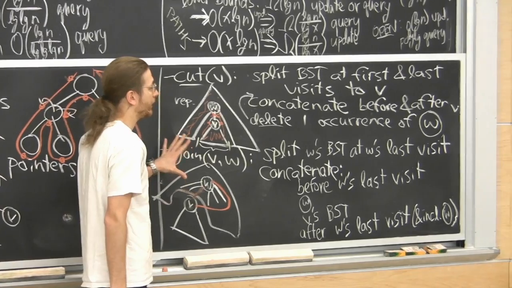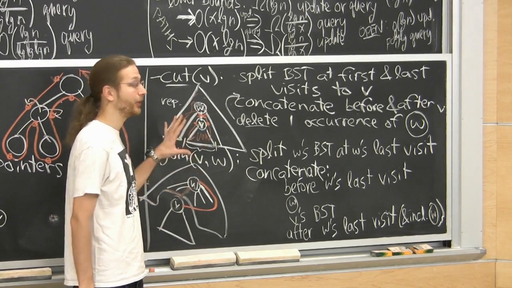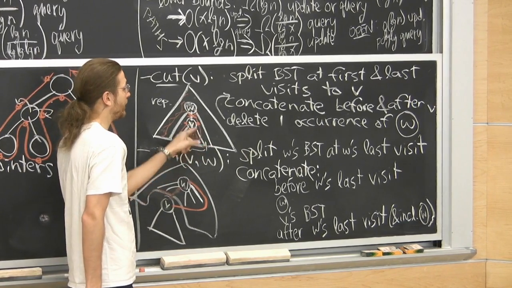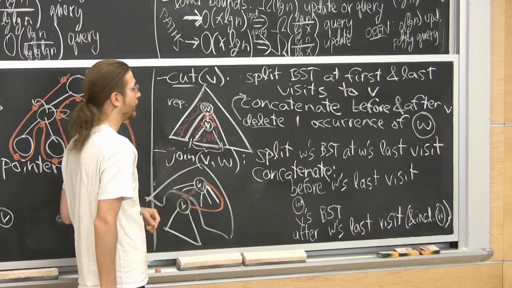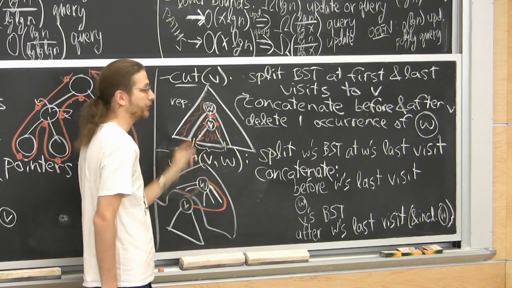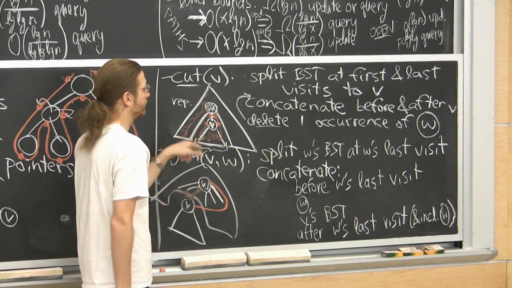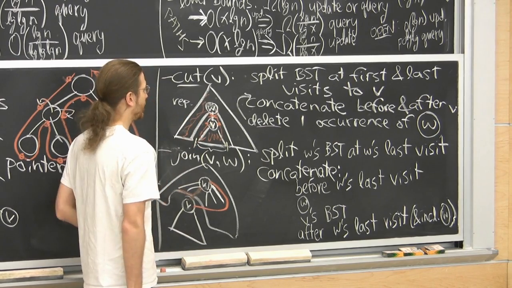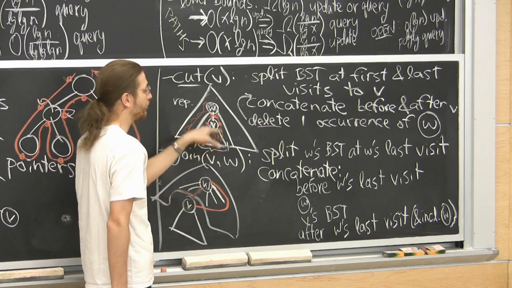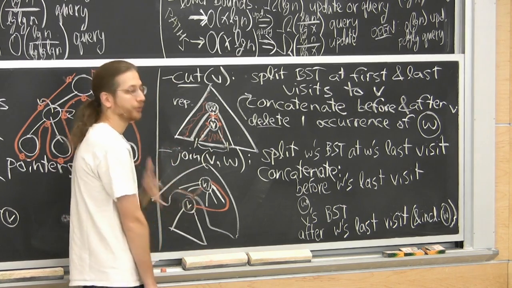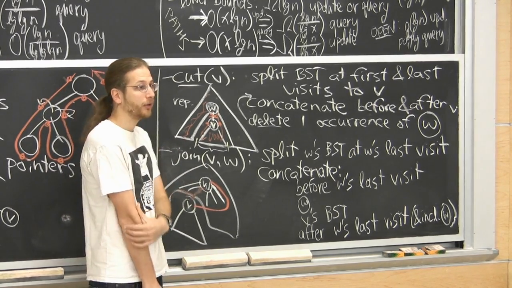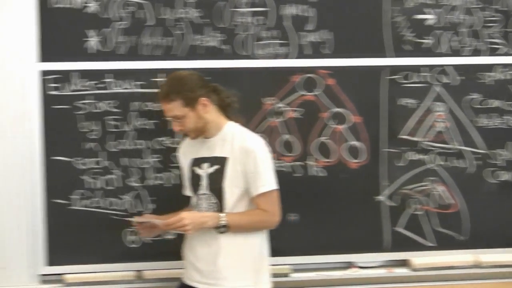This structure will not do aggregates on paths, but it will do aggregates on subtrees, because subtrees are represented by these intervals in the Euler-Tour tree. So if you have a weight on all the nodes in here, say, you can easily find this interval and do a range query there. Say, take the min of all those things. If you have subtree mins, you can take the min of log n things, and in log n time compute the min in an interval, or min over a subtree rooted at a node, or max or sum or whatever. So here you can do subtree aggregation in log n time. And we're going to need that for the log squared solution.